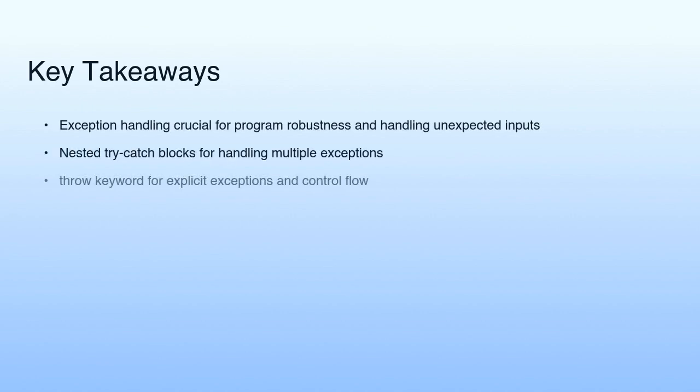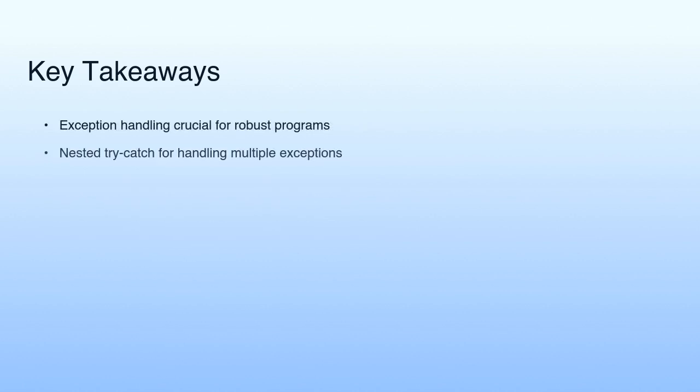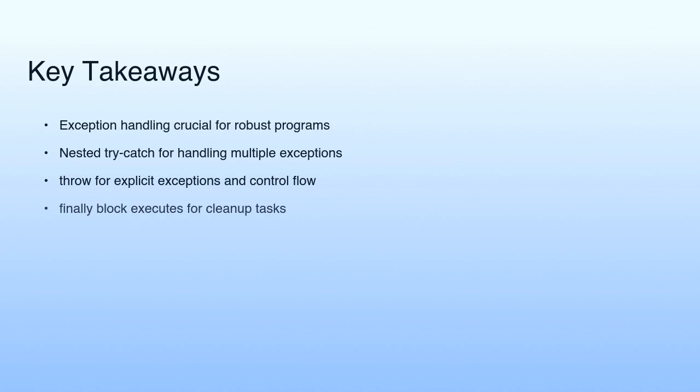Exception handling is crucial for program robustness and handling unexpected inputs, with nested try-catch blocks handling multiple exceptions, the throw keyword for explicit exceptions and control flow, and the finally block for cleanup and resource release tasks. Understanding exceptions is essential for writing valid Java code, making exception handling mechanisms a fundamental aspect of robust program development